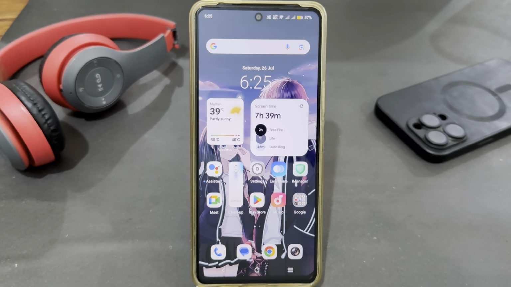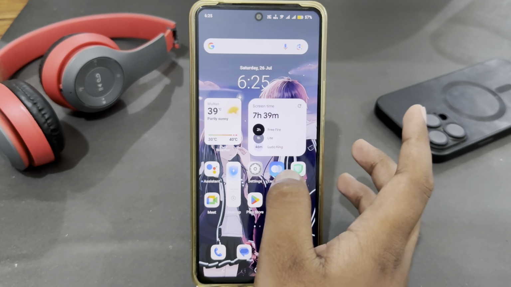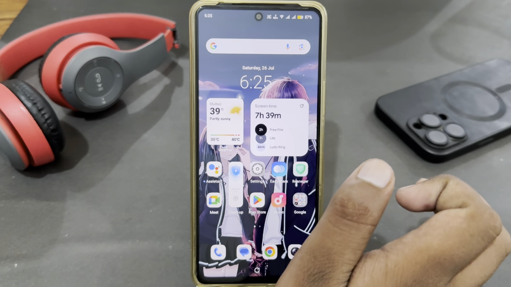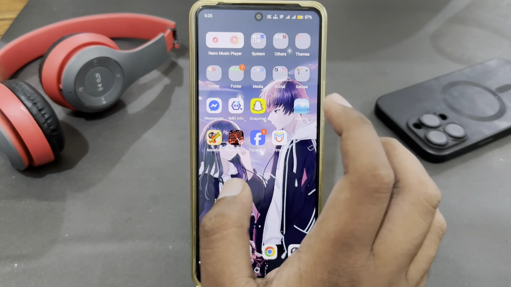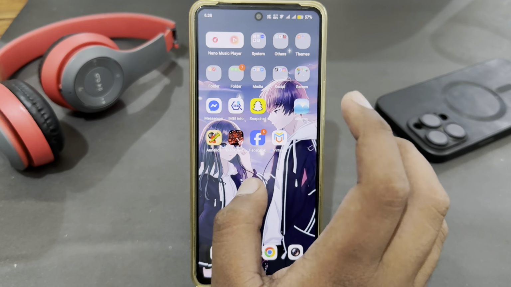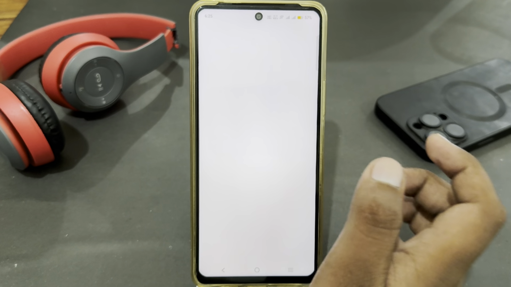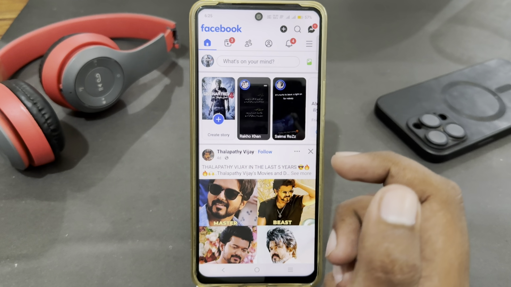Hey guys, today I'm going to tell you how to add email on Facebook. If you're using Facebook and now you want to add your email account on your Facebook, so let's see how you can do this. You just have to open your Facebook app,